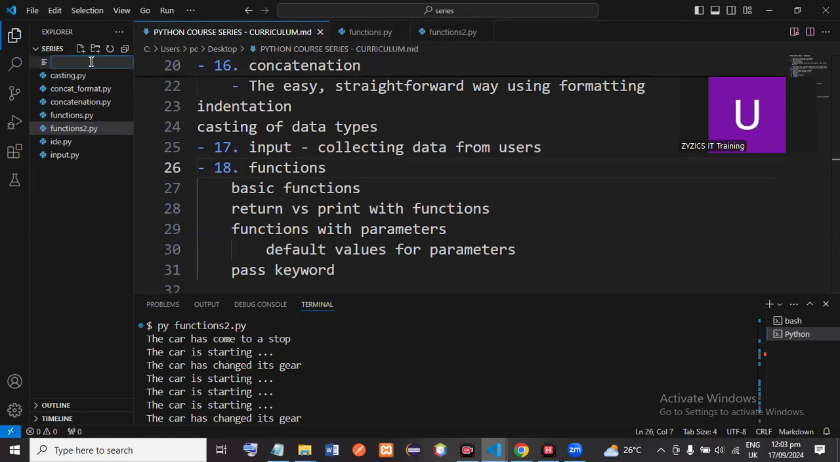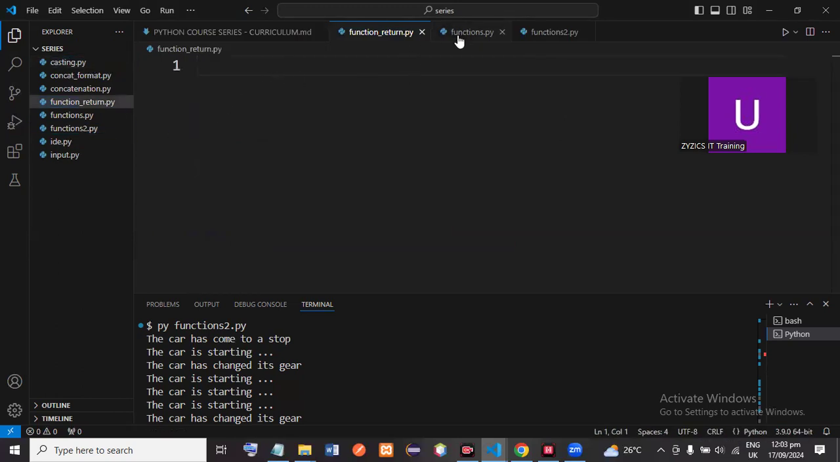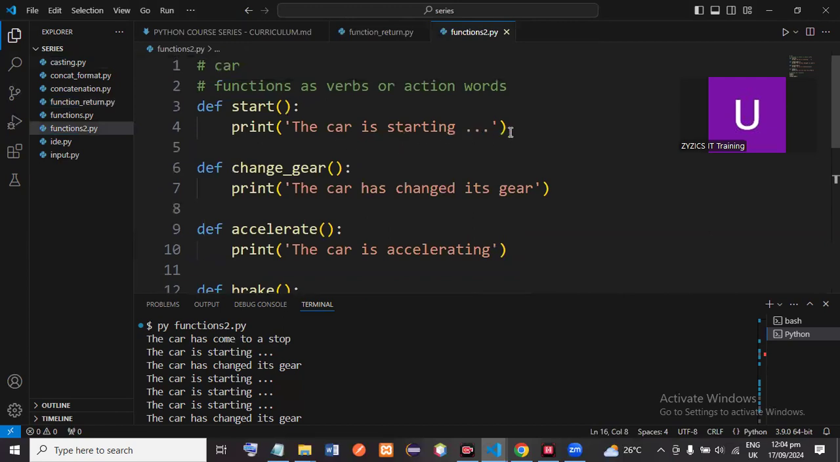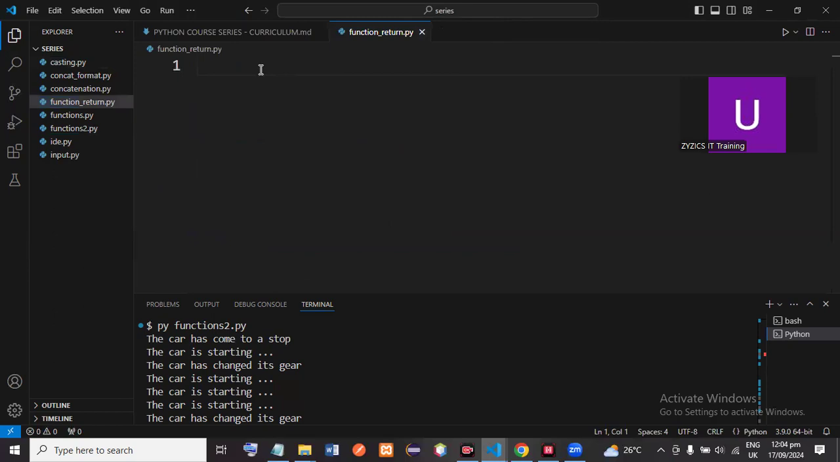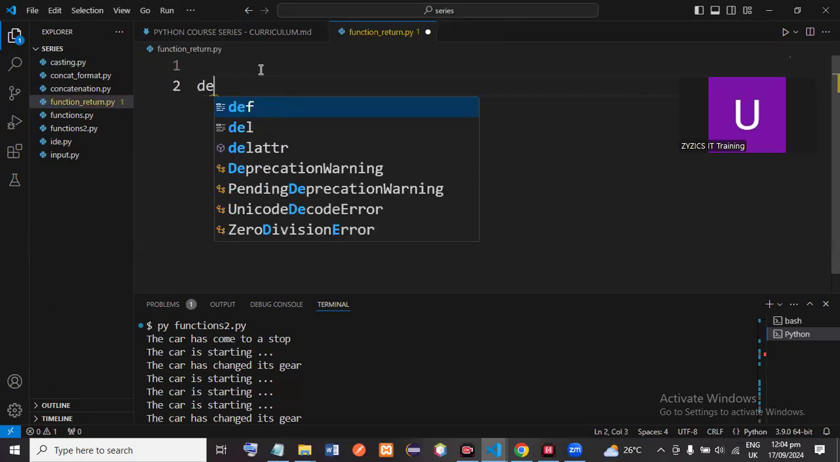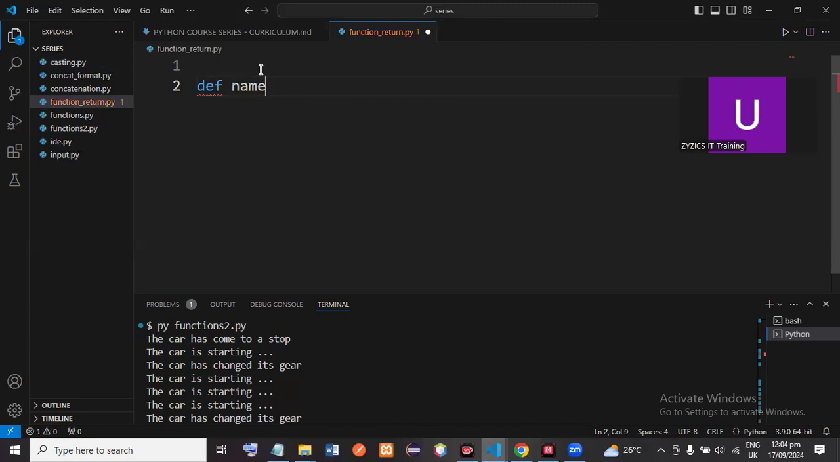So let's create a new file, return. Let me call it function return.py. All right, so the normal function, we created one simple function which I'll just copy from here. Okay, no need. So let's create a simple function that says my name is Dev, full name, right? So we have print,